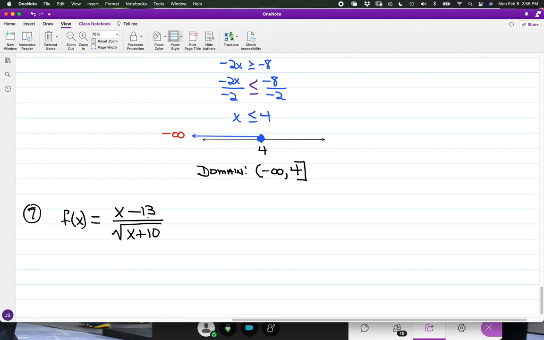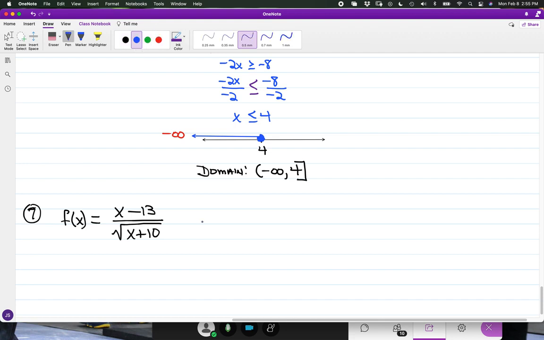So you have a twofold situation here, one of which we have most recently been working with, the square root or an even root radical. So again, inside the radical we have x plus 10. So x plus 10 cannot be negative. And also, because x plus 10 is in the bottom of a fraction,